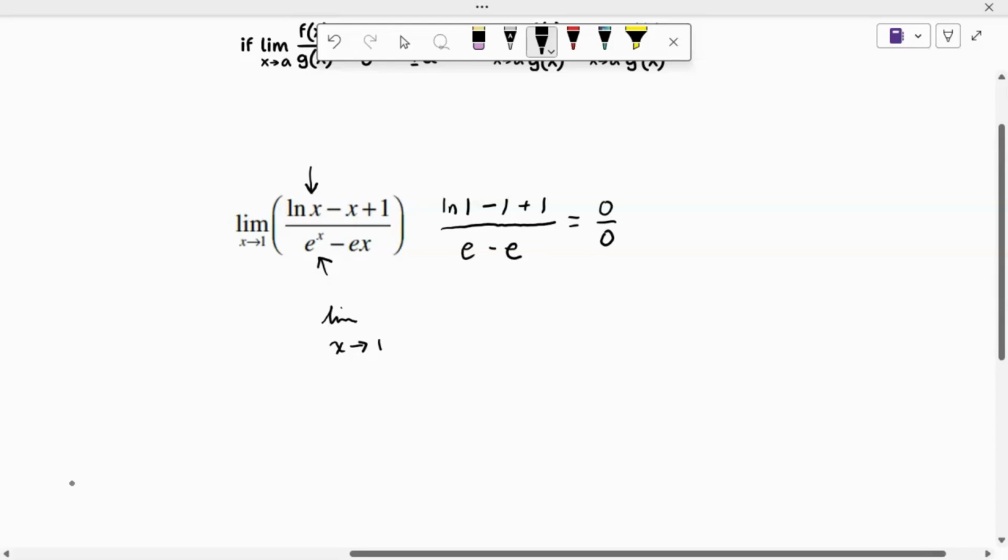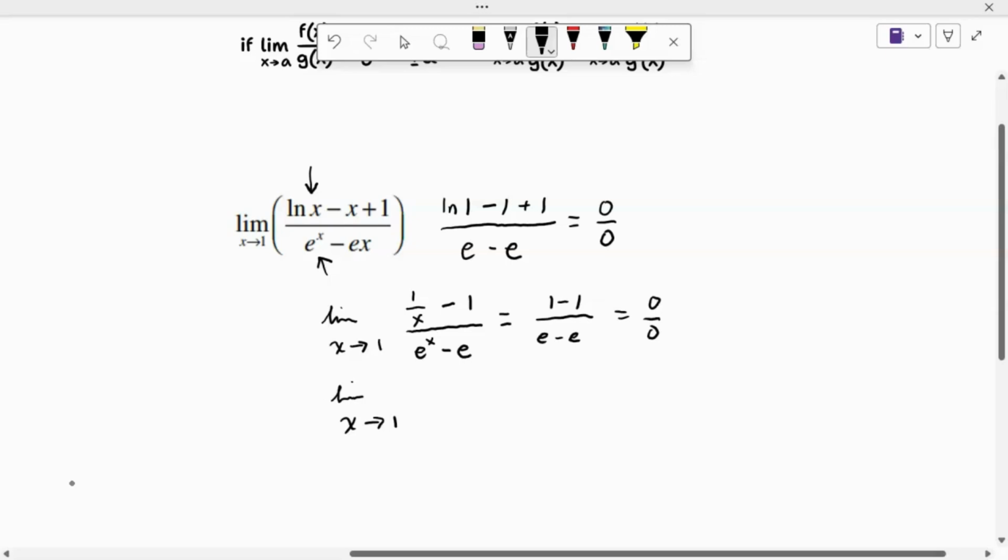Okay, so the derivative of the top would be 1 over x minus 1. The derivative of the denominator would be e to the x minus e. We're going to try direct substitution again. We'd get 1 minus 1 divided by e minus e, which gives us 0 over 0. So we're going to repeat the process, take the derivative again